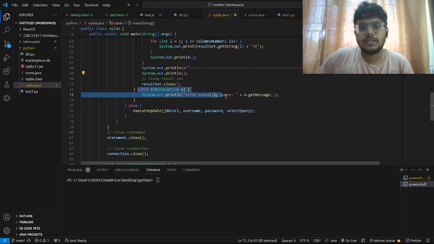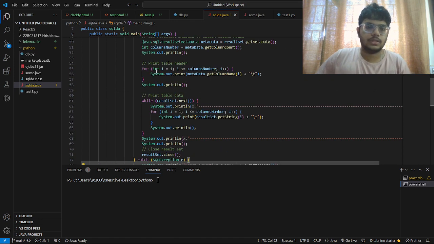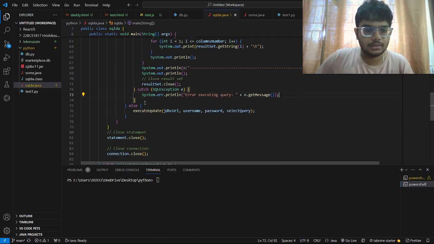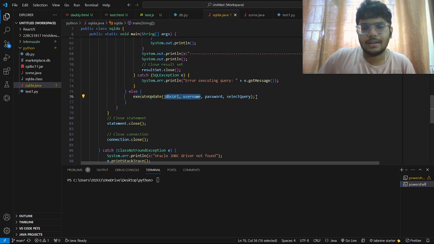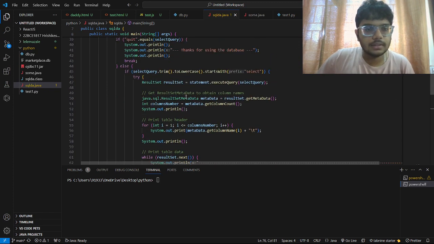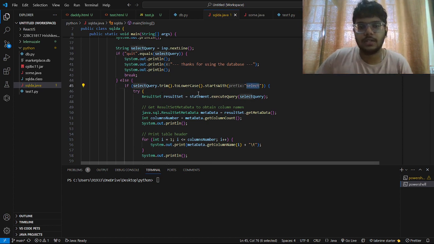The catch block says that if there is any kind of an error in the code, or if this try block catches any error, it's just going to go to the catch block, and then it's going to print system not error. That's it. And we have an else statement which says execute update, JDBC URL, whatever this is. And the thing is, if the query does not start with select,